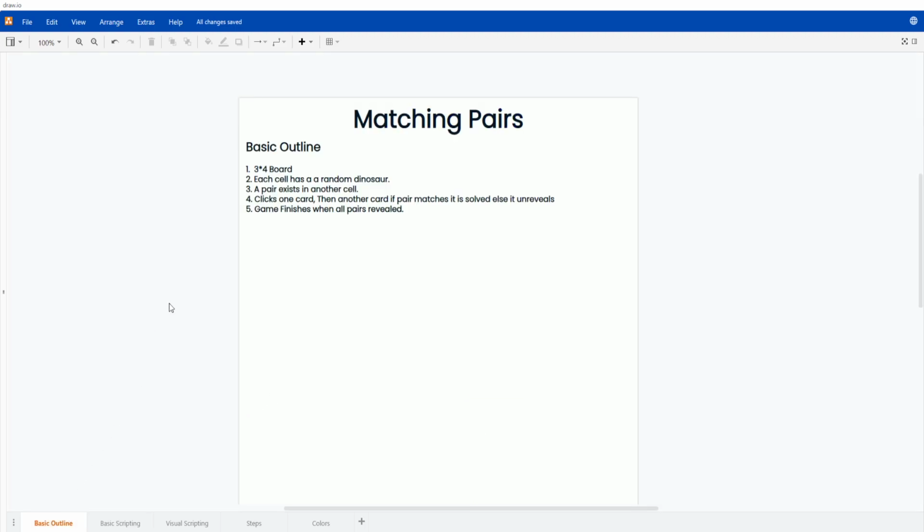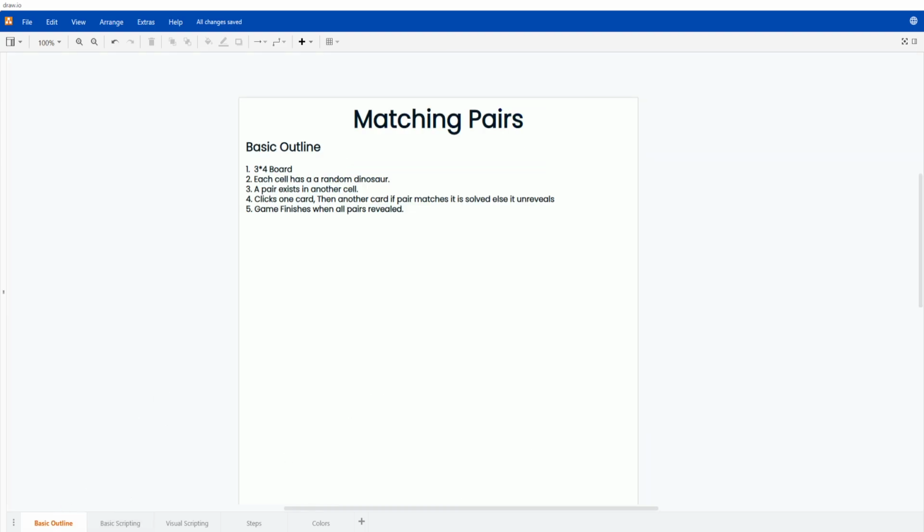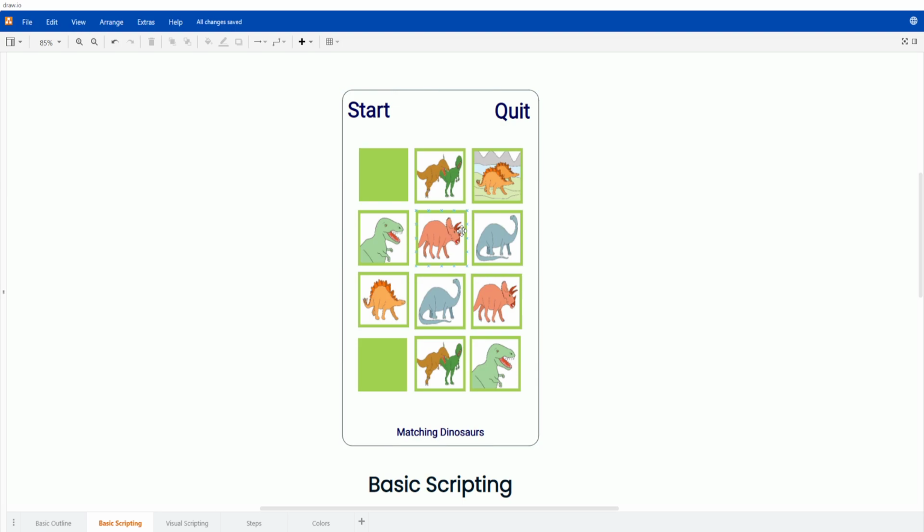So the basic outline of the game is it will have a 3x4 board like shown here, 3 columns and 4 rows, and there are 12 cells, and each cell is in the unrevealed state at the beginning, and it will contain a random dinosaur, and a matching pair will be present in any other cell. And in the first turn,